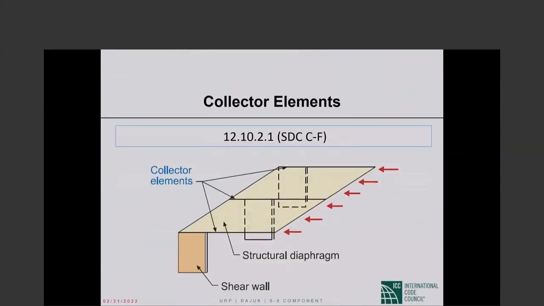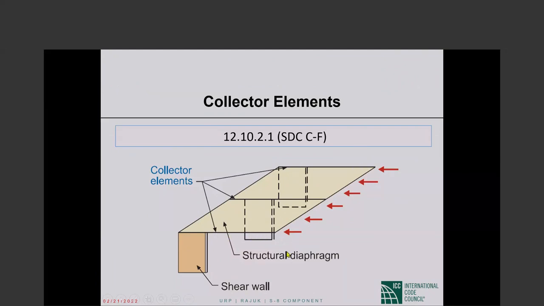Okay, collector elements. I used this picture in one of the earlier segments, and I have mentioned this already. So this is the diaphragm. These are the lateral forces. If this is the direction of the lateral forces, this edge of the diaphragm will be in tension, that will be in compression, and there will be shear forces along